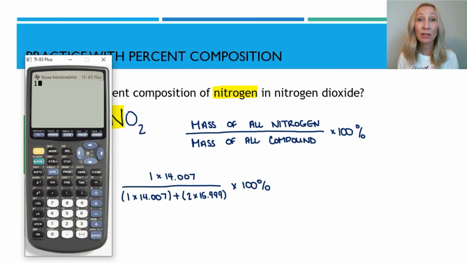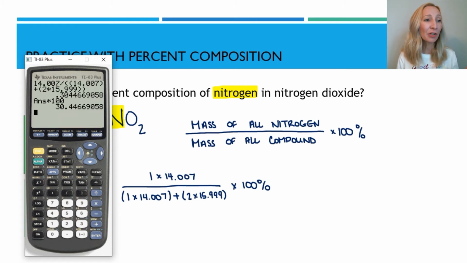And we type this all into a calculator. Keep in mind your use of parentheses for that denominator. You need to make sure that the entire denominator gets treated as one complete operation before you start taking the numerator divided by the denominator. Otherwise, you'll get the wrong answer because your calculator doesn't know the order of operations that you need. So we get